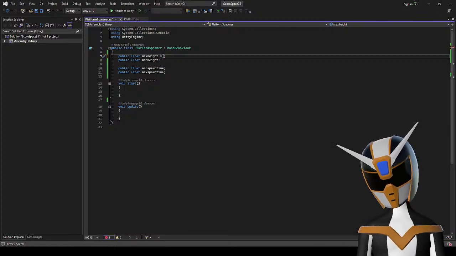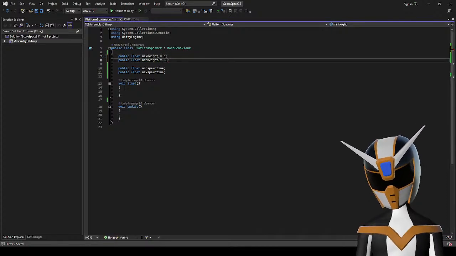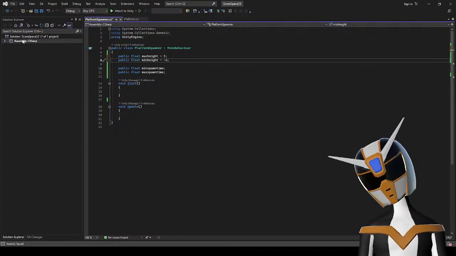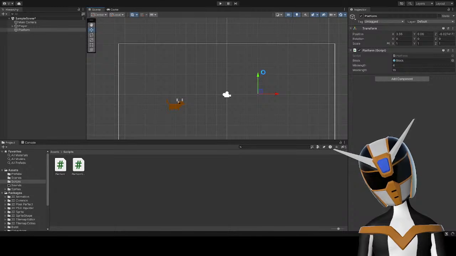Max height is equal to 5. Min height is equal to -5. That is how it goes, right? Yeah.